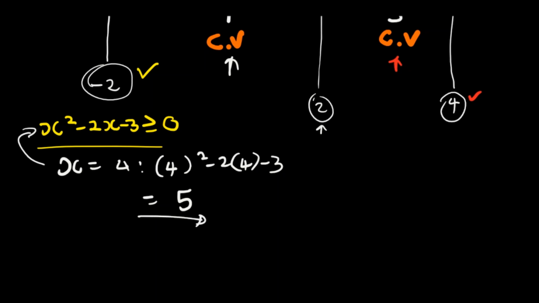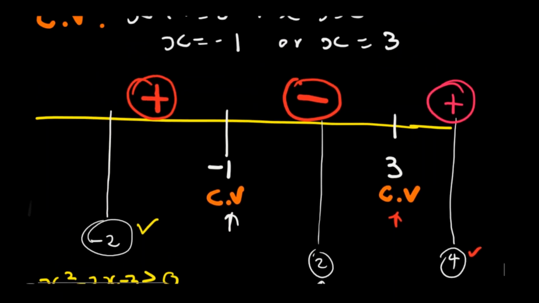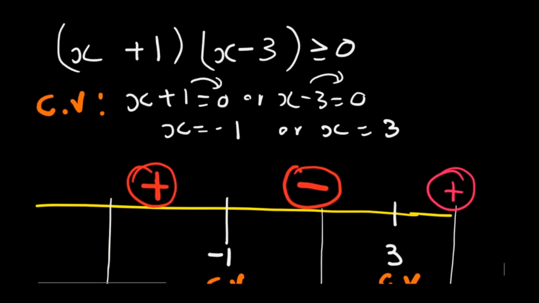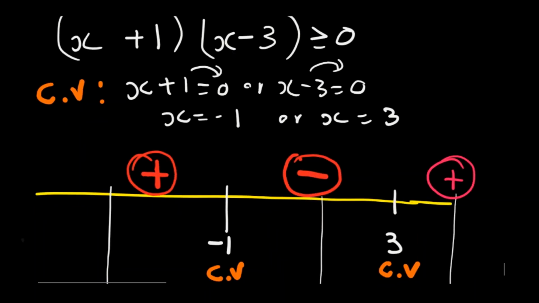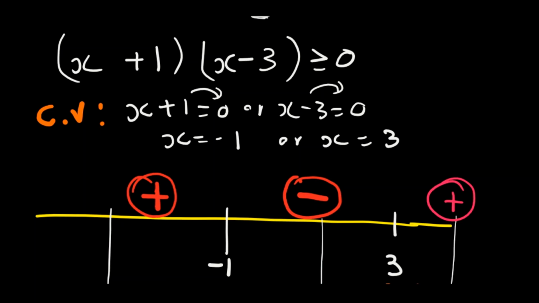So I'm getting 5, which is positive, by the way, right? So it means now that any value that is above 3 as the critical value is going to be positive, right? So once you are done with doing this, it will help you identify your final solutions, right? The reason why I'm going up is I want us to conclude, but we're going to conclude here on this small space